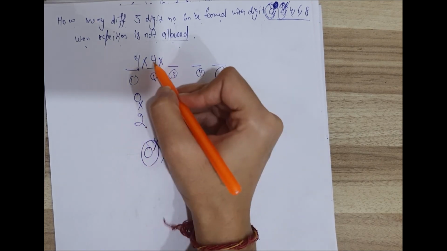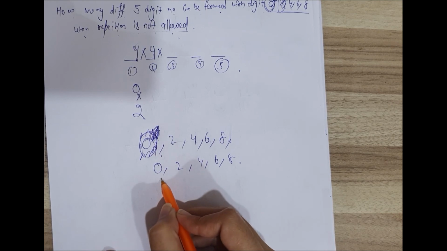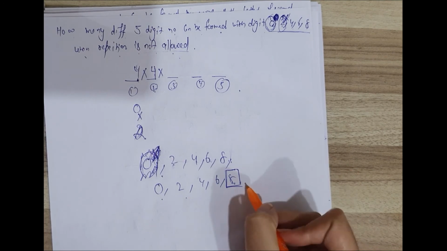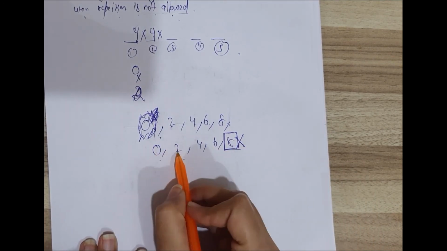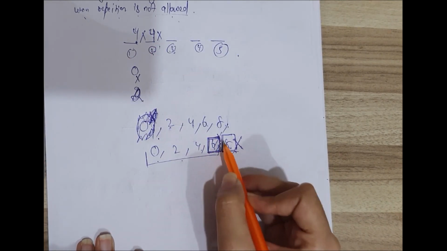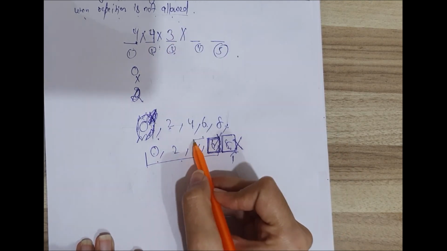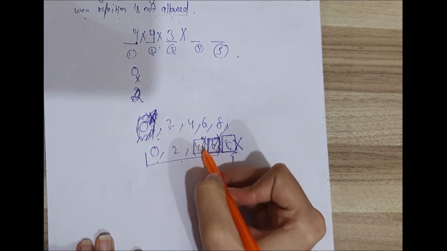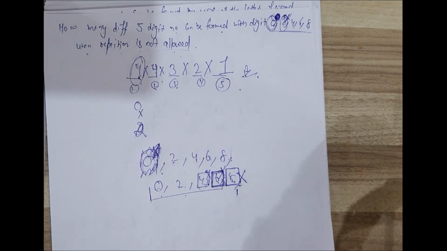So on the second place we can use 0. Now I am writing again. On the second place we can use 0. Suppose I used this 8 on the first place, then I can't use it again. How many options are we left with? 1, 2, 3, 4. 4 options. If I use this 6 in place of second, then how many options are we left with? 1, 2, 3. Into, suppose I used this option in place of third, then how many options are we left with? 2, then 1. Solve it and you will get your answer.